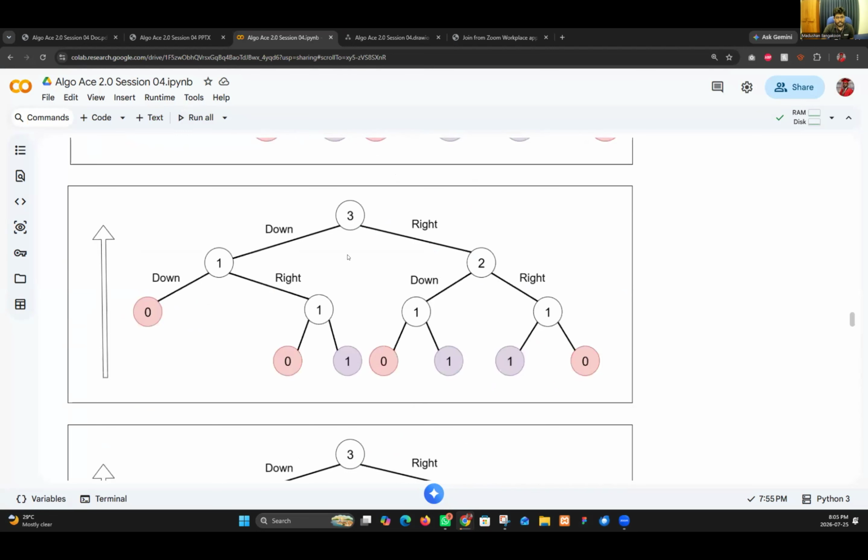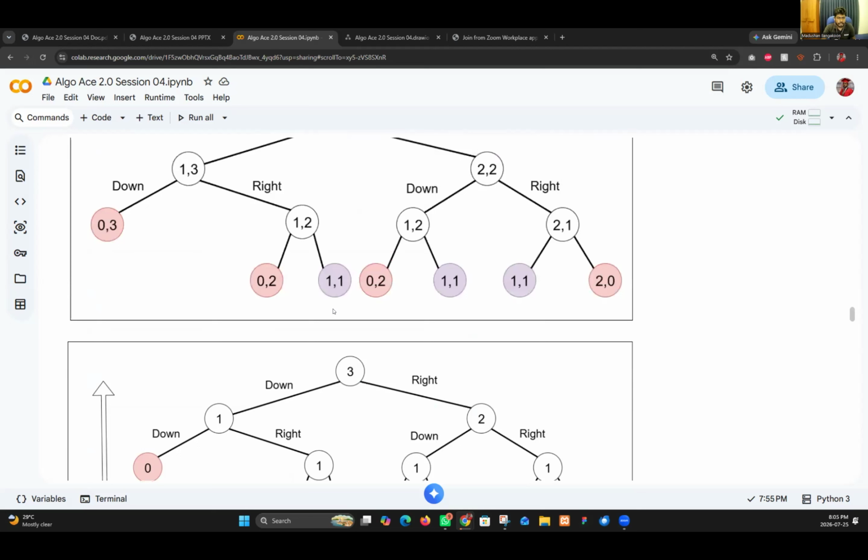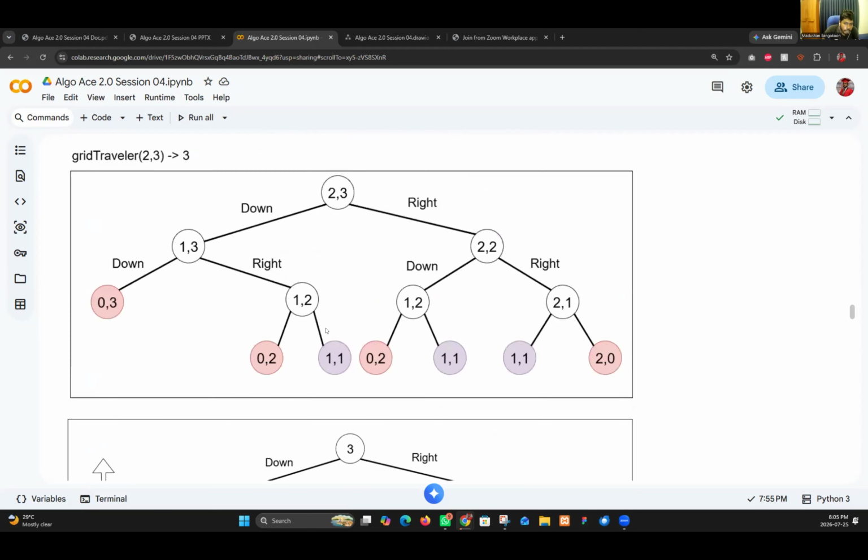Oh, I forgot to mention, this is a tree. I forgot to mention this is a tree. This side is marked as down and this side is down and right. Those topics will be complex. So think about this: down is for the left side and right is for the right-hand side. That's why I was going like this.